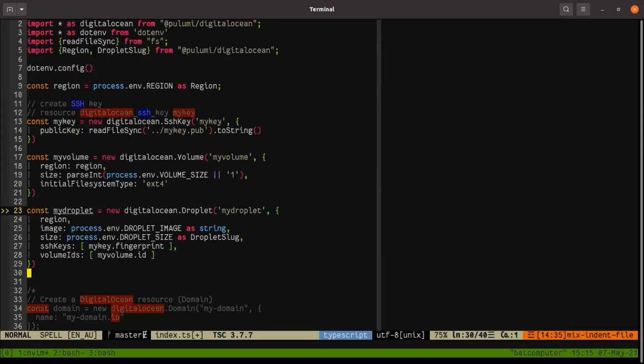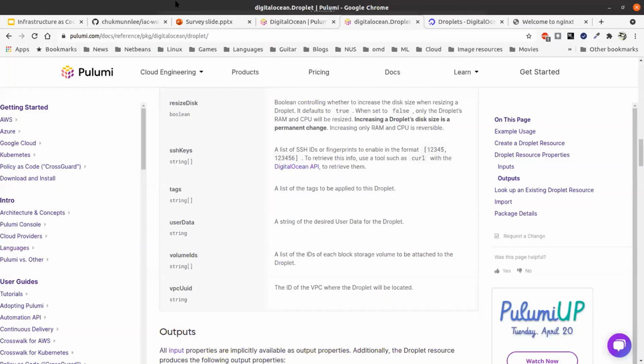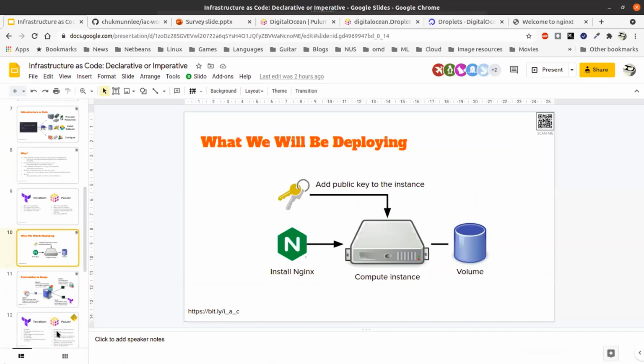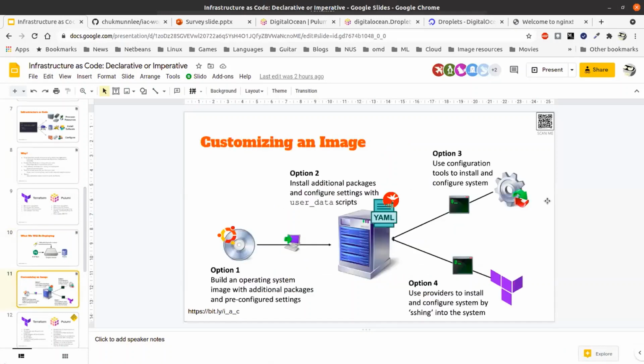The problem is this, right? With Pulumi, you don't have this idea of a provisioner, right? So if you recall just now, we installed stuff into our DigitalOcean droplet in Terraform using this thing called a provisioner, right? And also if you recall, I showed you that there are actually four different ways that you can get software into your instance.